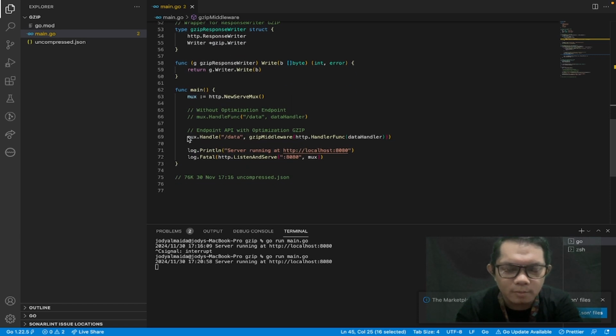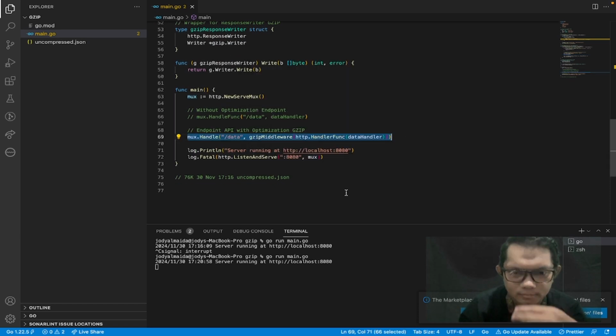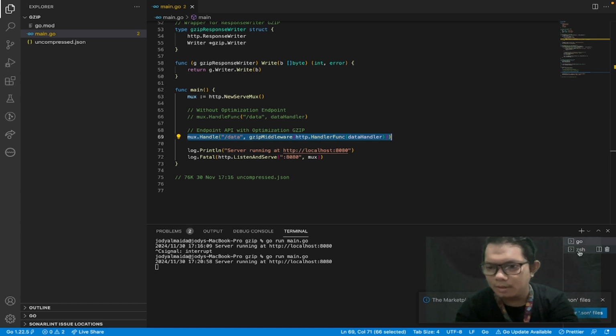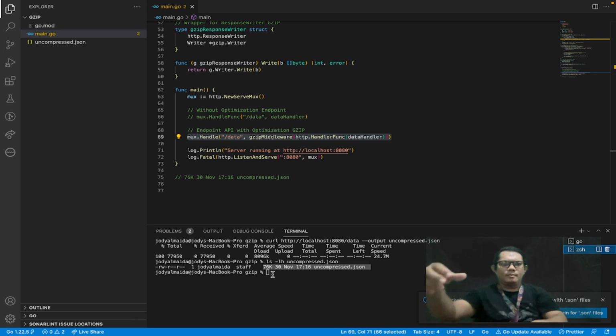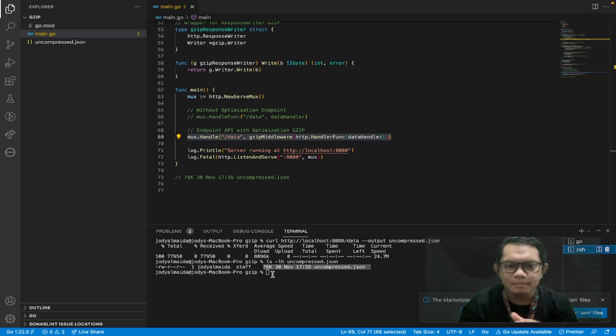Yeah, we will run this endpoint, and we'll use the curl again. Sorry. So this is the command curl dash capital H, and then in the quote mark